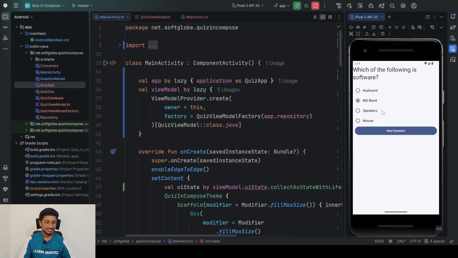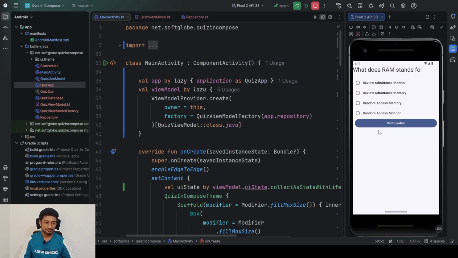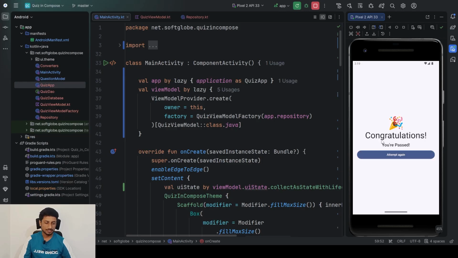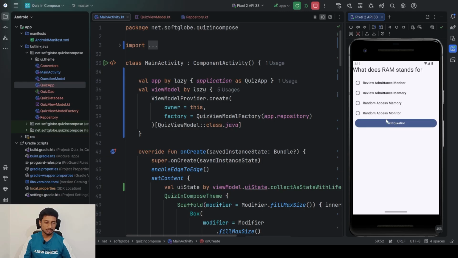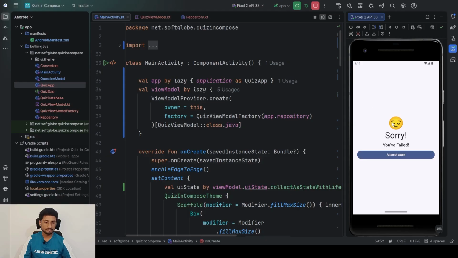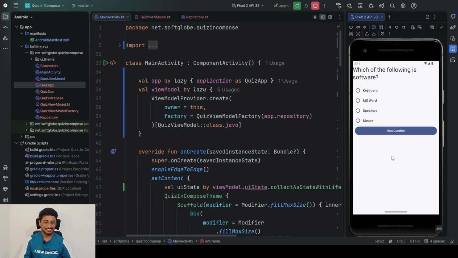So these are the same questions we have. Let's see a first success scenario. Random access memory. Third one is a basic information system and show result. Yes, we have passed, and let me attempt again and check if the failure case works fine. Yes, sorry, we have failed. So yeah,